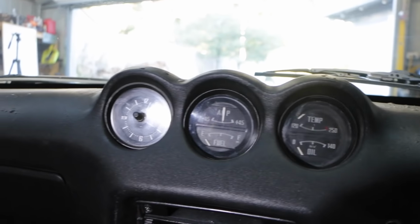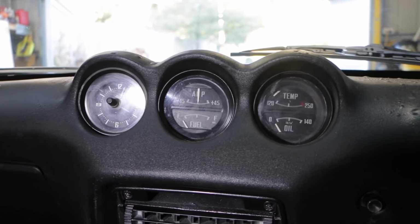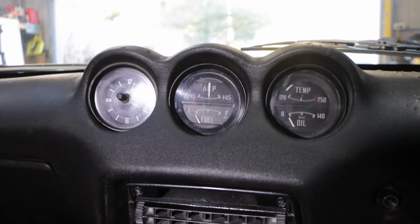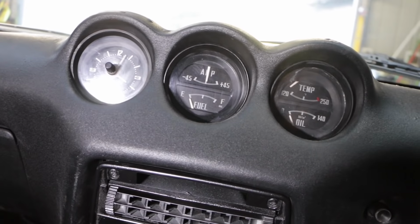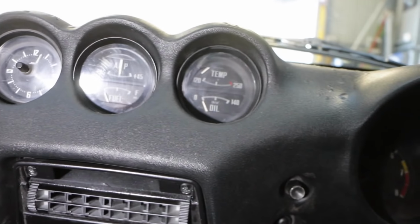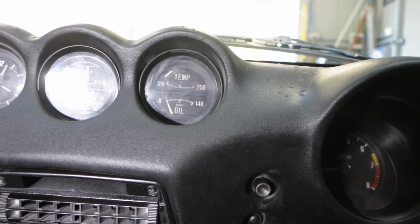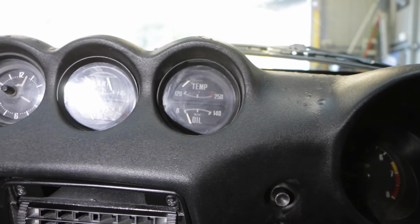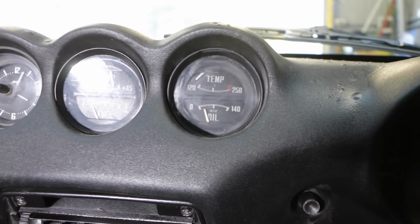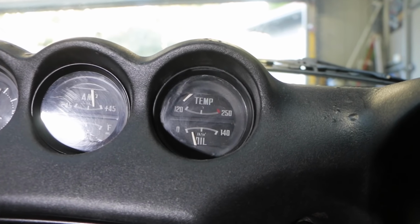So we're in the car now and it's time to check some gauges. Straight away, the fuel gauge looks like it's coming up, which is good, and it looks like it's actually working better now, and it's telling me I'm quite empty. The oil pressure gauge is now actually working. We actually have a reading on it, which is good. We have gauges. The temp gauge, I'm going to have to wait until the car is warm, but it's